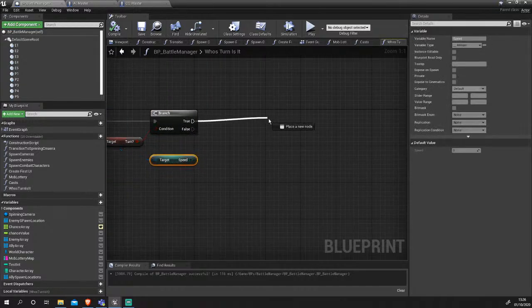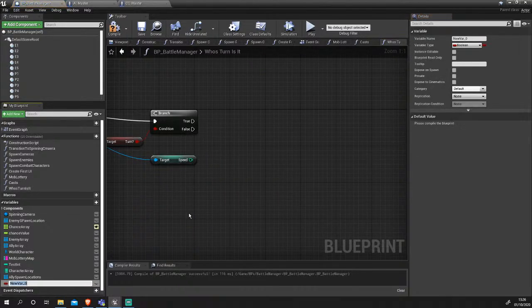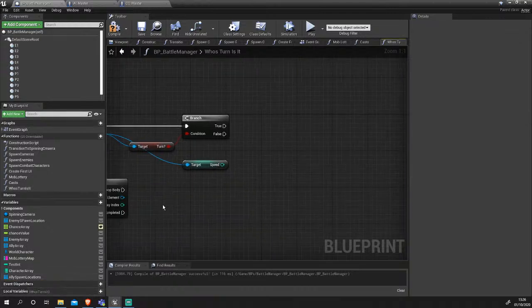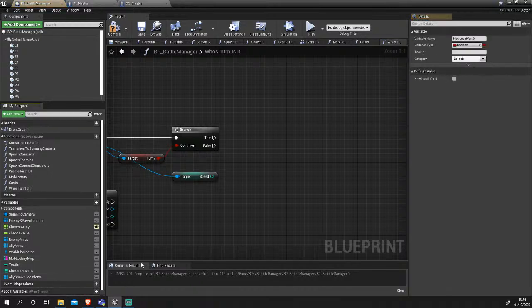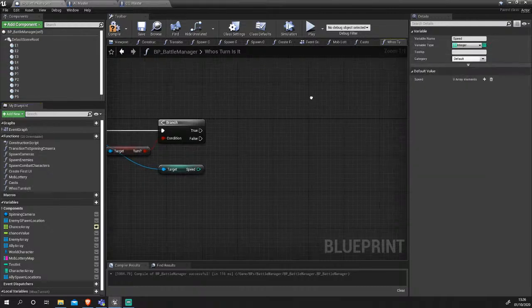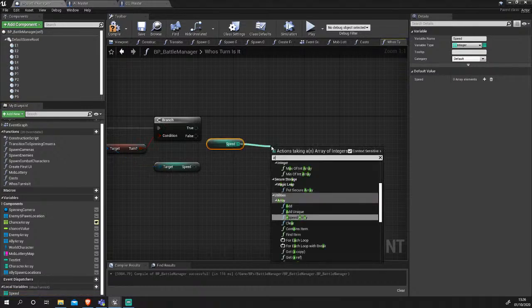And if you have not had a turn, so if it is false, we will create a speed array. And we'll make this a local variable because we won't need this later on, once we've selected somebody as a turn. So local variable, speed, integer, array, and get, add,